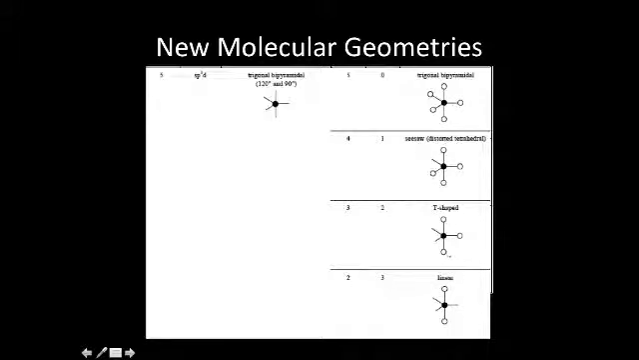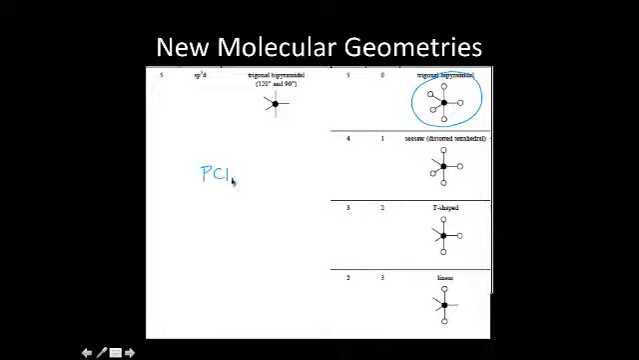Now as we move on and start getting into some different types of molecules, we get trigonal bipyramidal, seesaw, T-shaped, linear, and those things. What I really want you to do is concentrate on this trigonal bipyramidal. Notice that we have one central atom and 5 surrounding atoms. So this would be something like